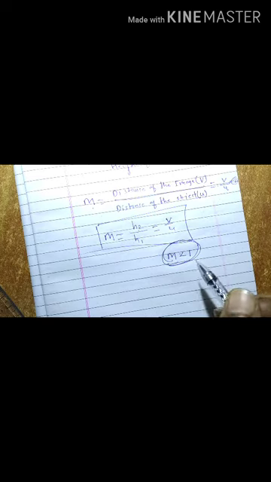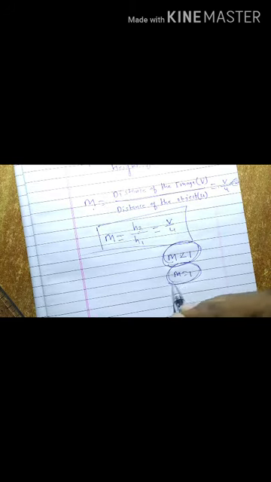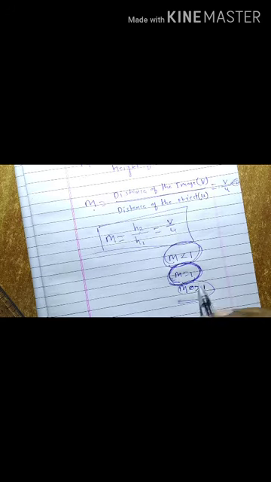What I am speaking, you may write in your notebook. If m is equal to 1, it means the size of the image is equal to the size of the object. If m is greater than 1, don't consider the minus or plus sign, take only the number. In that case, the size of the image will be larger, or magnified, as compared to the object.